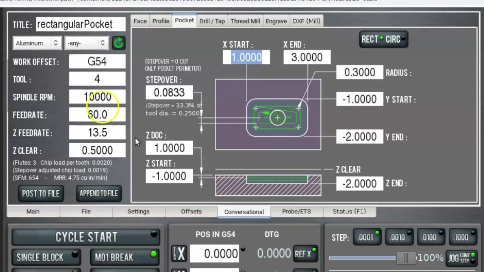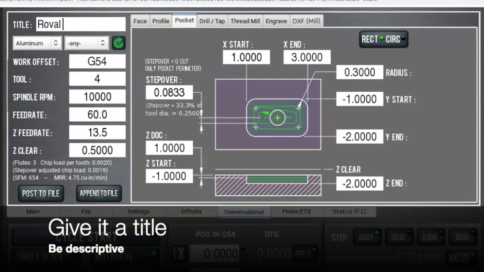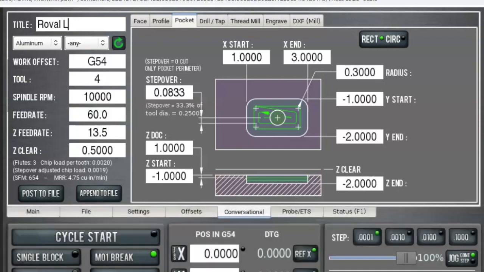So I'm going to model the left oval, or roval, first. So I'm going to do roval L as my title for this. And so what we're going to do is start putting in some values here. However, I do want to just remind you that before you go to do this kind of thing, if you have just started up PathPilot Hub,